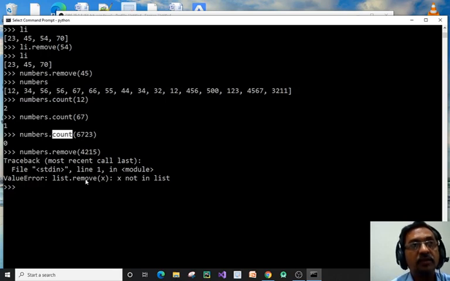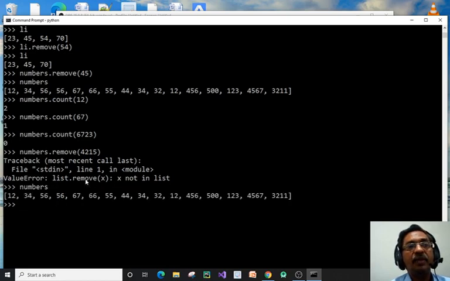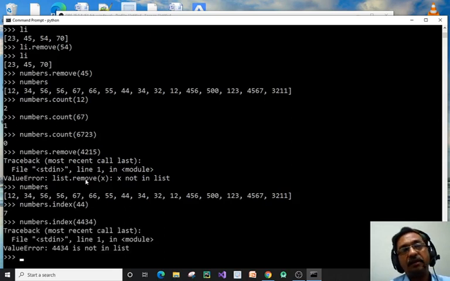Like in numbers, suppose these are the numbers, and I want to find out the position of 44, then I can use this. If the number is not present, then index will generate an error.